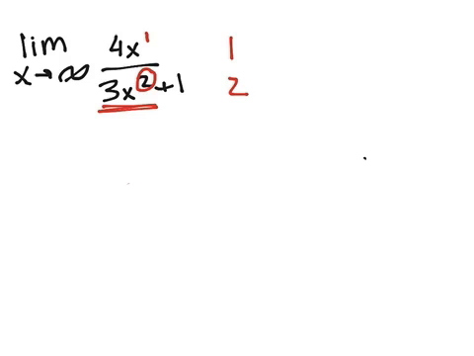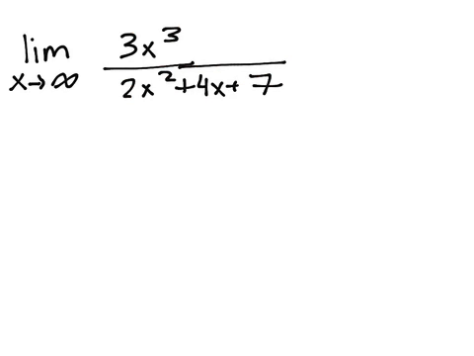So that's why whenever we have a denominator with a degree higher than the numerator, this limit is going to equal 0. So this answer is going to be 0. Alright, so for our next one,